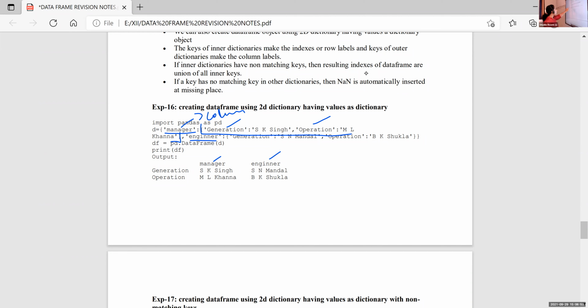So the first key is used as the column heading, and under this value section we are using another dictionary. From that dictionary, the key is used as the row name. Here generation is the row name, operation is another row name. So under manager there is SK Singh, then operation ML Ganna. Then under engineer, SN Mandal and BK Shukla.